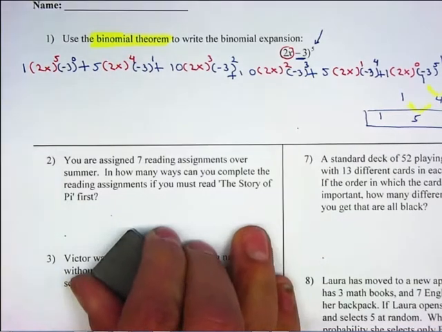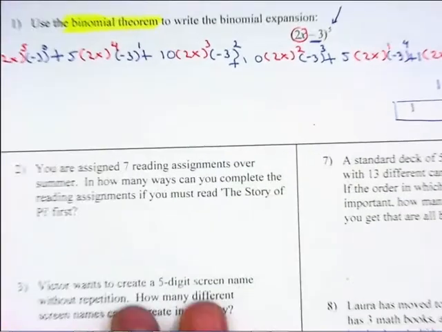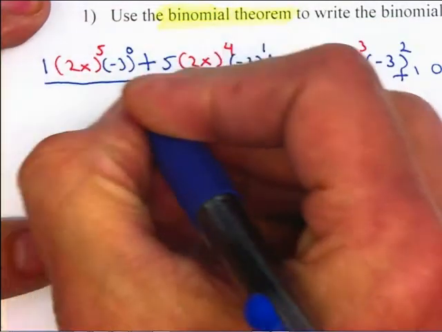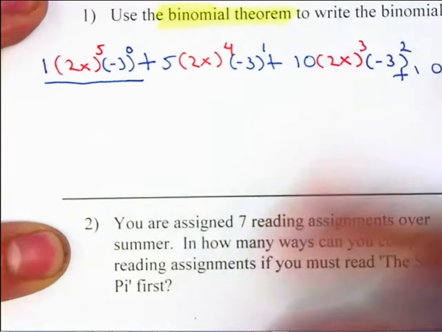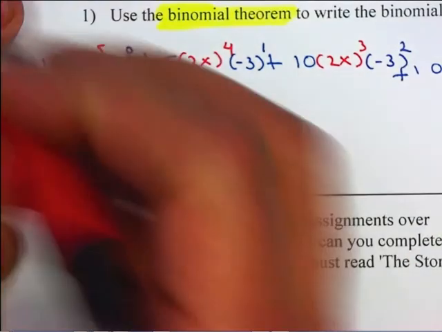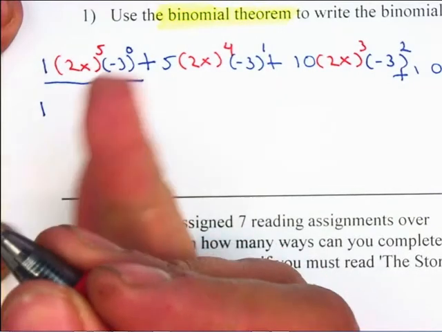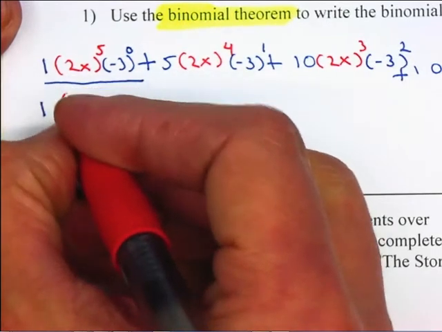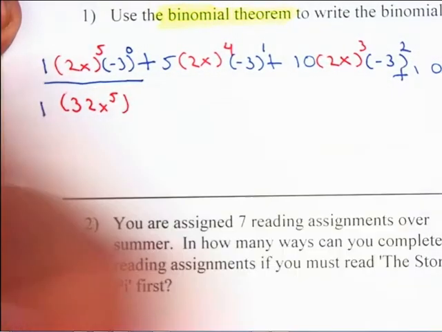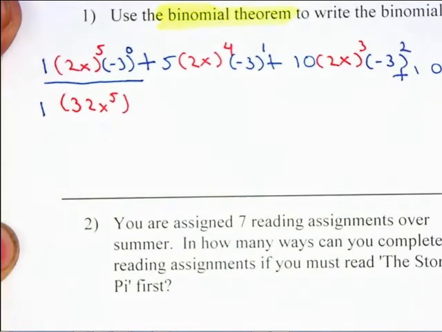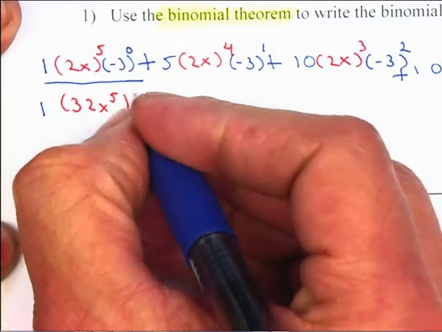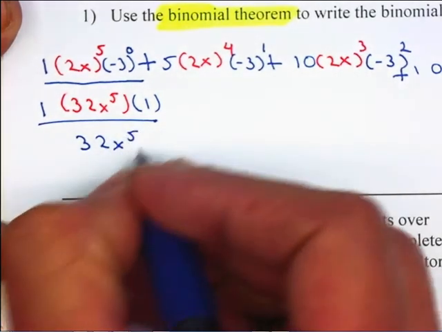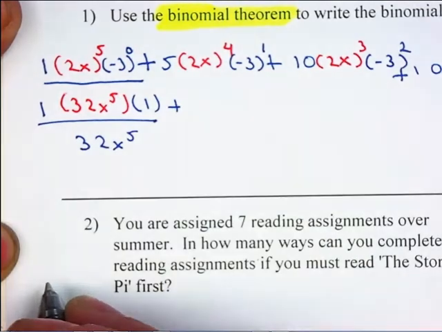And now we just need to simplify each one of them. So let's go and simplify the first one. I have a 1. I need to simplify 2x to the 5th. That is 2x times 2x times 2x times 2x times 2x. So that will give you 32x to the 5th. Remember, you want to be able to write small. Now, negative 3 to the 0 power, anything to the 0 power is 1. Multiply all 3 numbers and it will give you 32x to the 5th plus